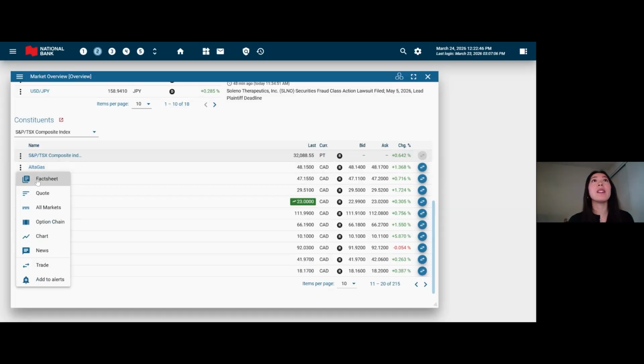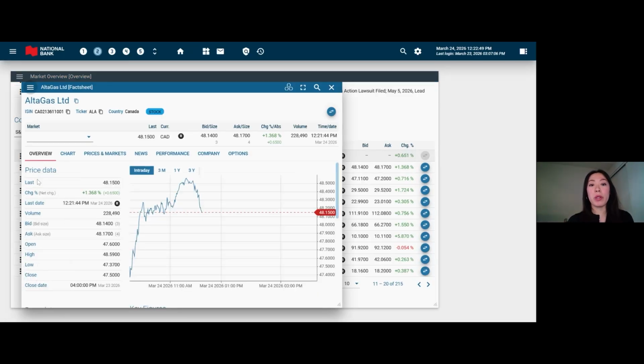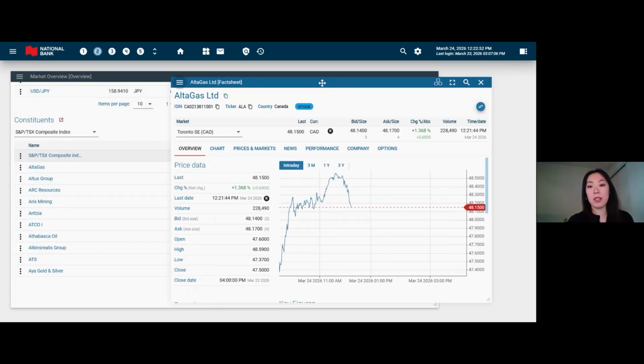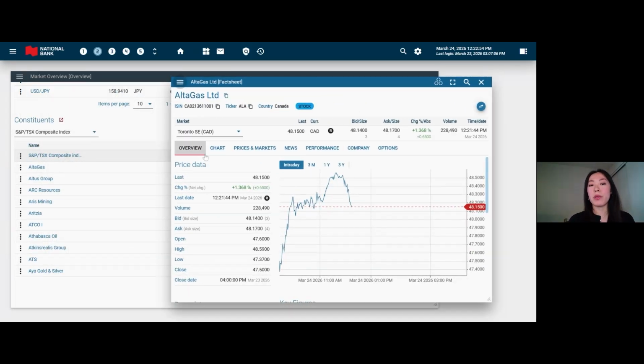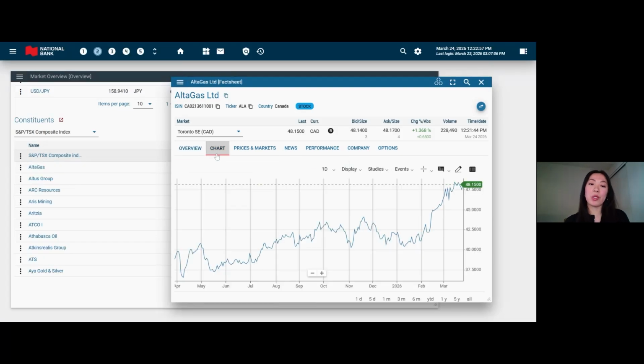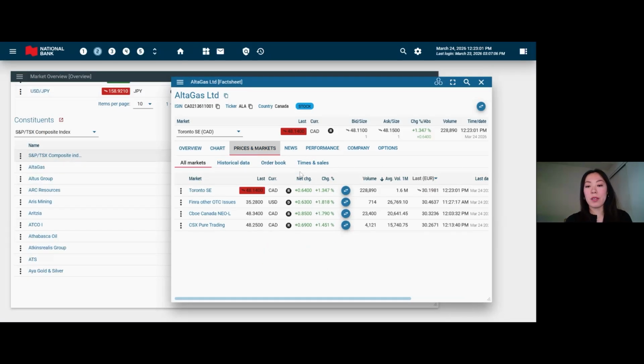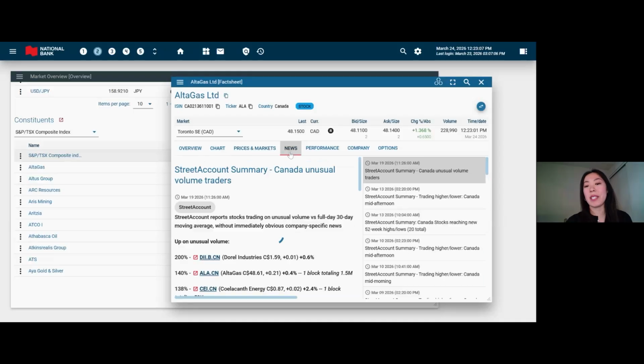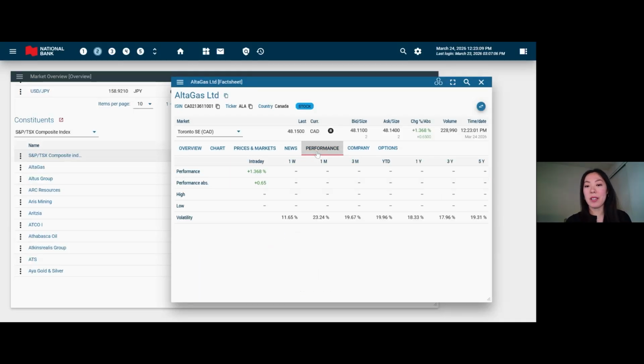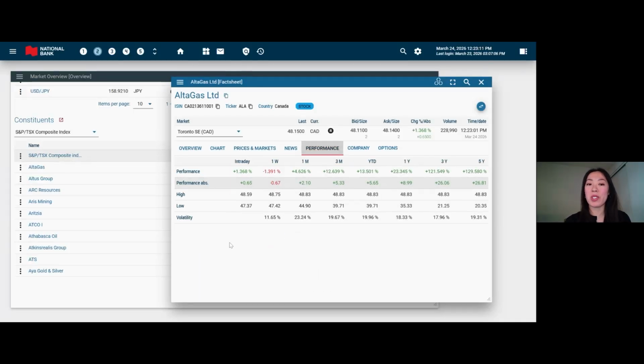I'll click on the 3 dots. Let's say I'm looking for more information. I click on the fact sheet. And this is where it gives me an overview for AltaGas. It also shows me the chart for AltaGas, any pricing and the markets that AltaGas is traded under, any related news, and all the other fundamental information about